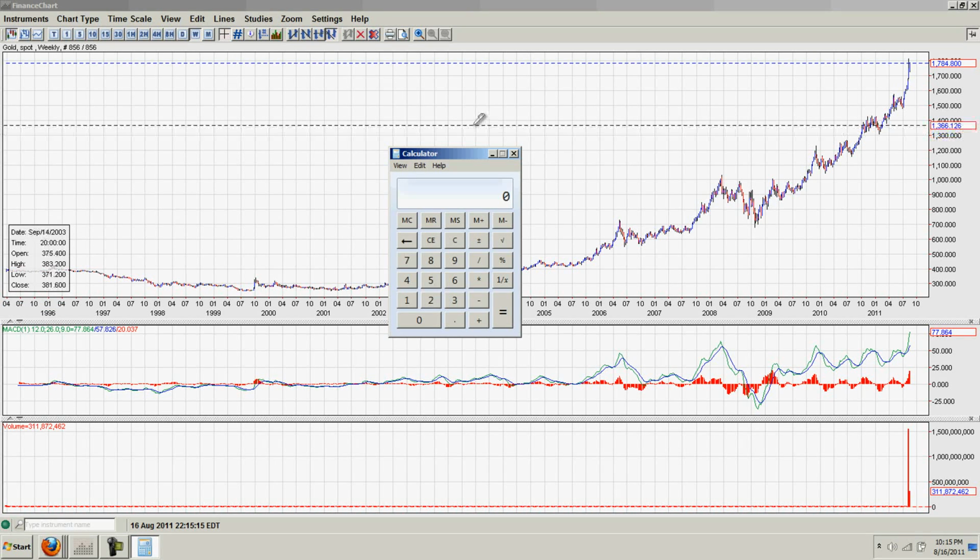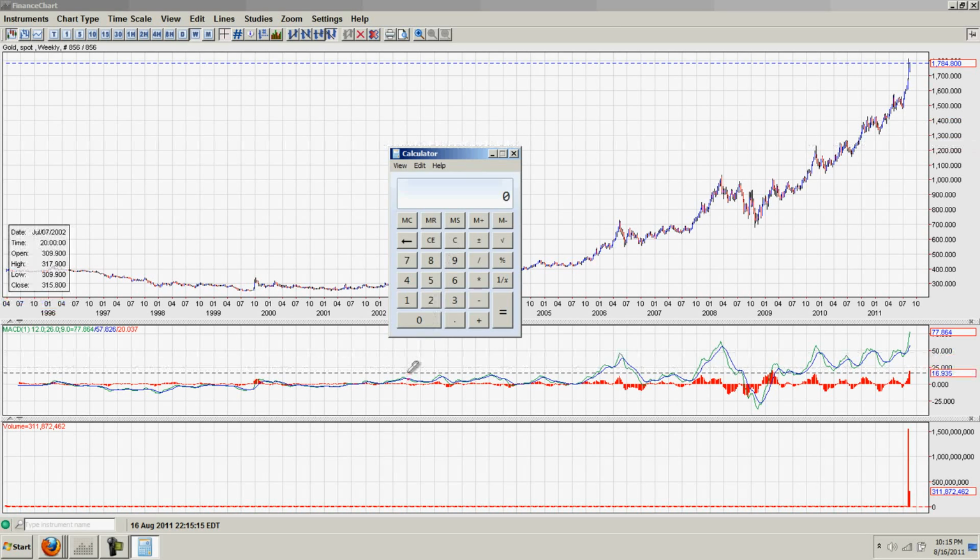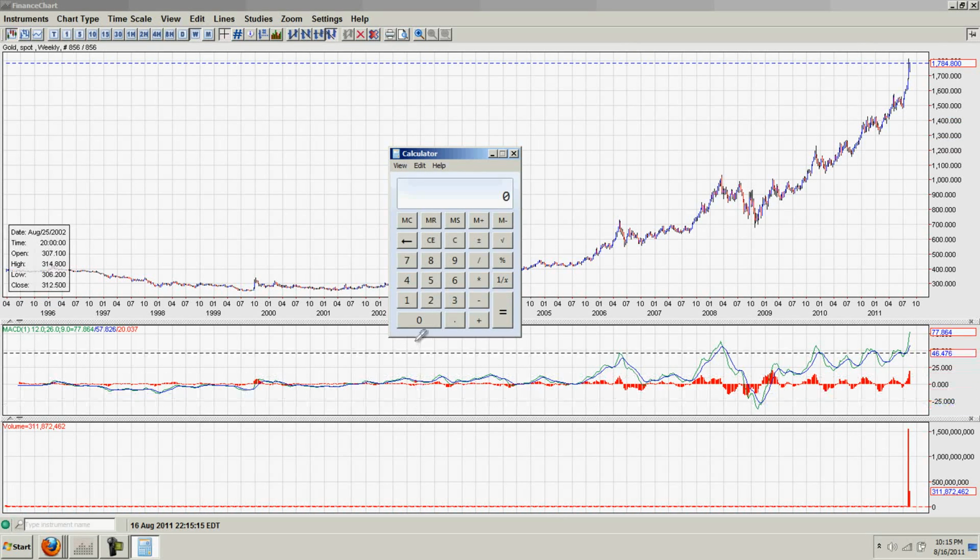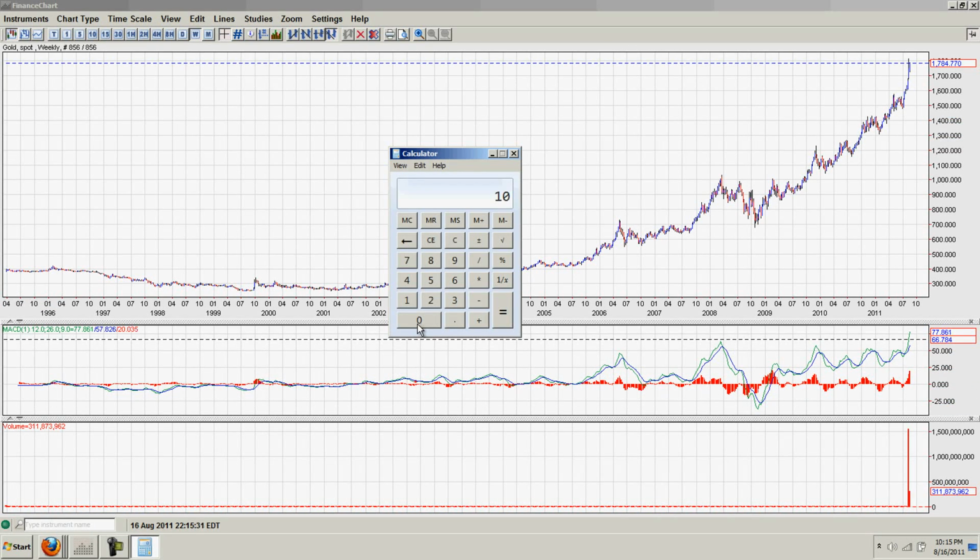Now, obviously, not all that gold is in the US, and some would argue that very little of that gold is still in the US, but let's just talk about a worldwide figure just for sake of argument. So let's take 10 billion ounces of gold times the current price, and that's going to equal about $20 trillion.